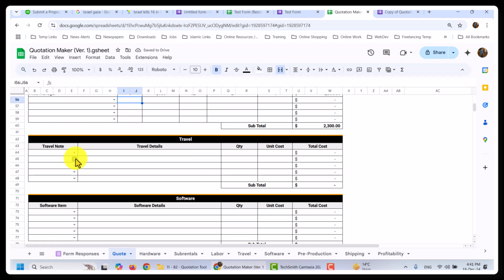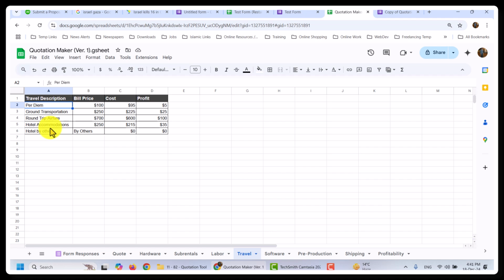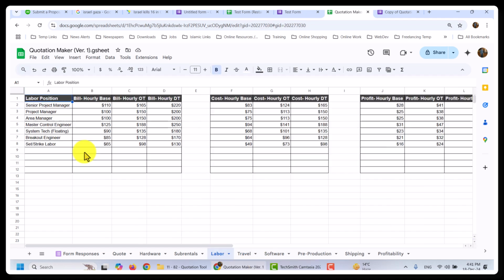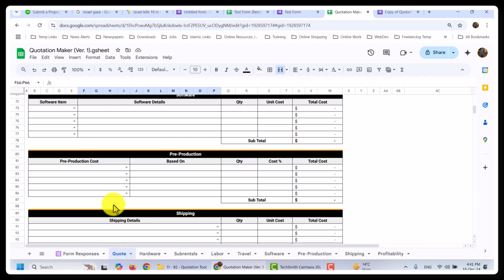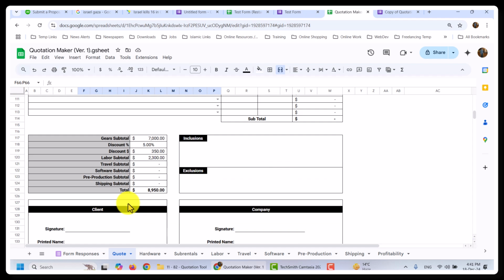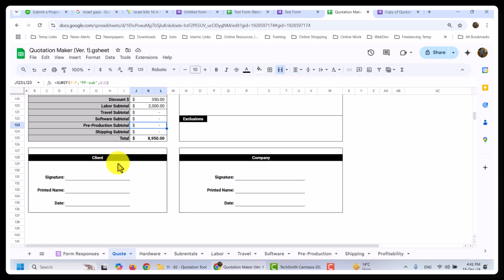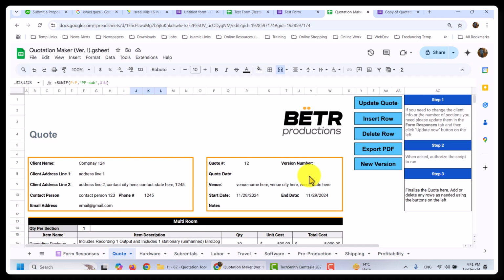So similarly we can select different drop down menu. We have the values over here in the labor section for these things, right? For different kind of OT and DT and base hours. Similarly we have software, pre-production, shipping, and then we have these discount things, and then we can, based on the